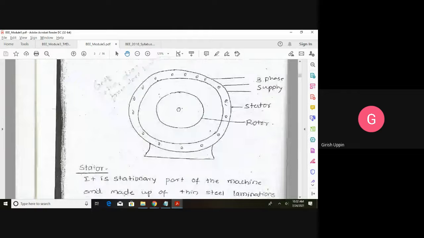So here we get the three phase power because we are going to give the DC supply to the rotor winding, the field winding, and we are going to rotate this. When we rotate this, the magnetic field is rotating. All these windings are experiencing a change in the flux. Whenever there is a change in the flux, EMF is induced. That is how we get the three-phase supply at these three-phase terminals.